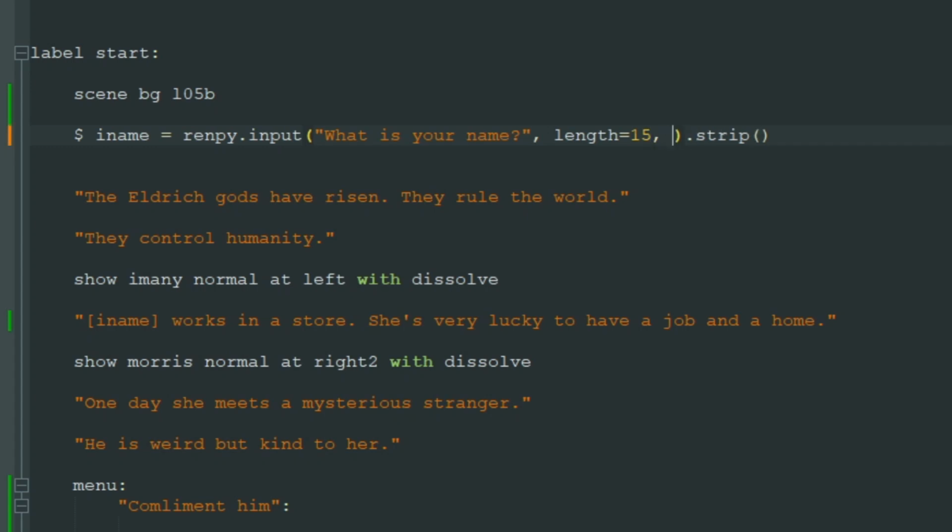add another parameter. It is allow equals, and in parentheses we write what characters the player can use. For instance, if we ask the player to enter some code that is like 4 numbers, we can just write 1, 2, 3, 4, 5, 6, 7, 8, and the player will be able to enter only these numbers. And the easiest way to